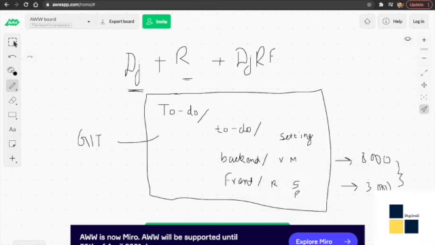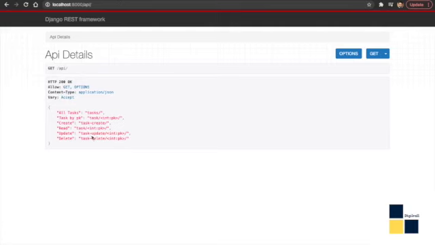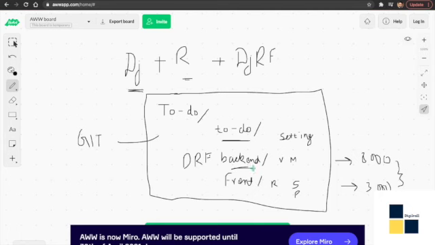So in part 1 of this video, we saw how to create a to-do app in Django. We created this folder structure where we had our to-do app, the settings.py configuration, and the backend part written in Django REST framework, which we completed. We wrote all the APIs. You can see all these APIs were created by us. And then we even created a front end, which was a React app.